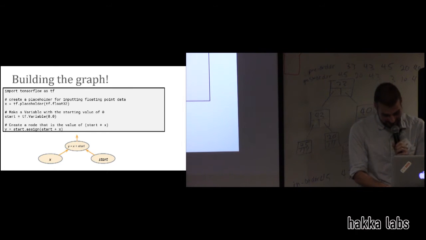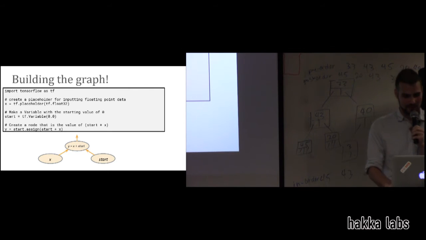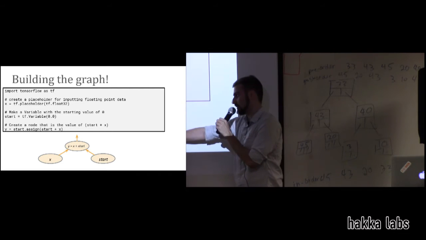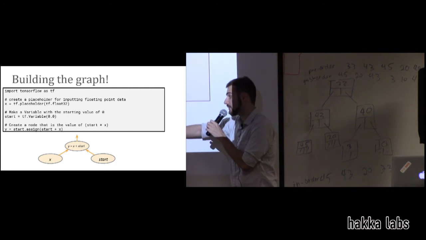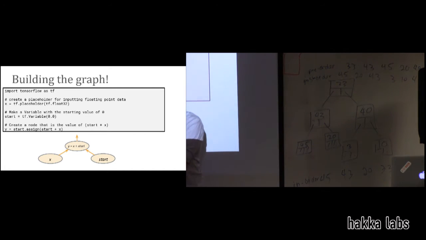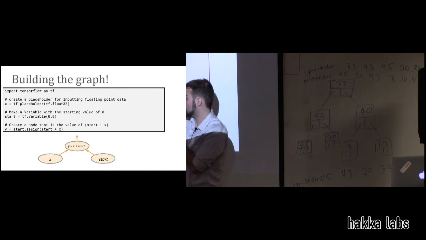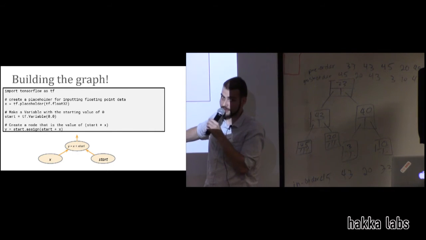Okay, so finally we're sort of closing the loop of this intro section. What we're trying to do here is create this node, or this graph, with TensorFlow code. So once you create this placeholder variable, you're going to end up with x, right? So we're calling our placeholder x. So bam, we're going to get this graph here. Then we're going to have a TensorFlow variable that's going to have the starting value of 0. And so then that just gets placed onto the graph.